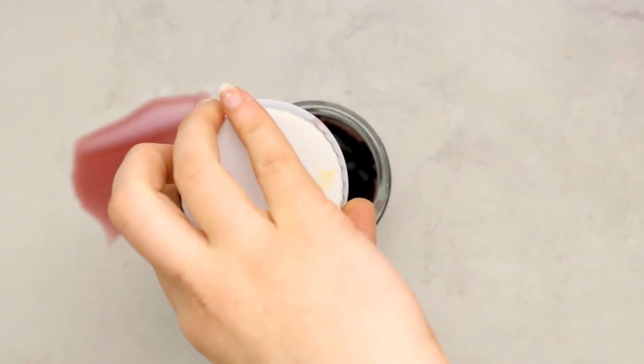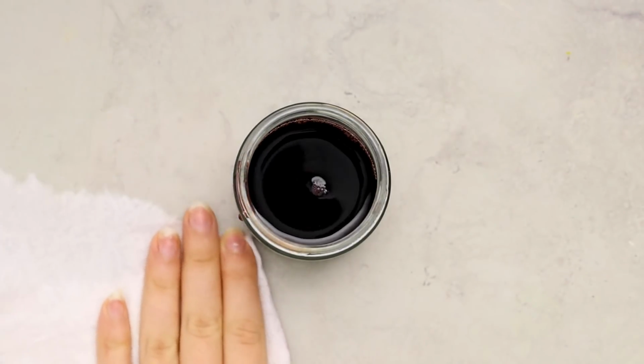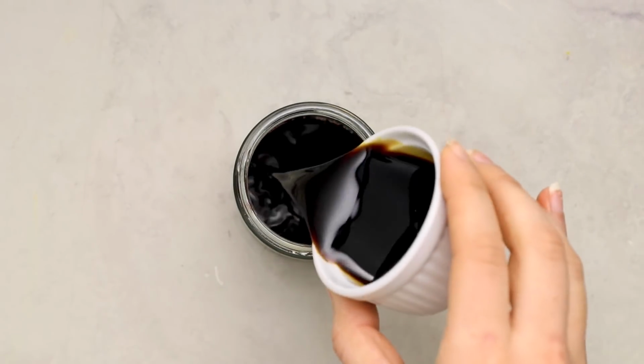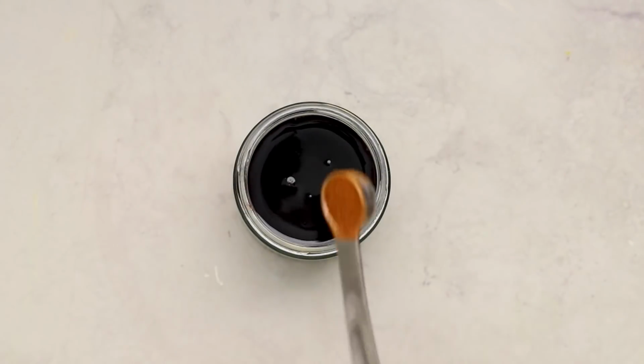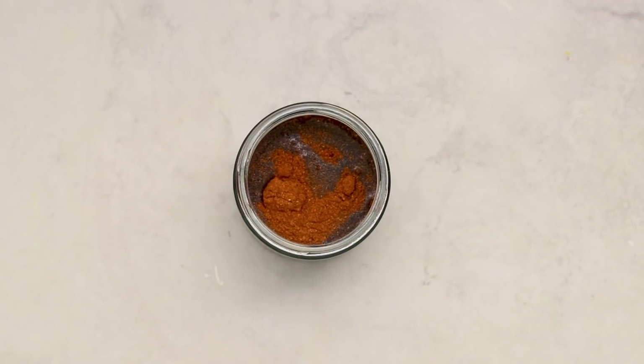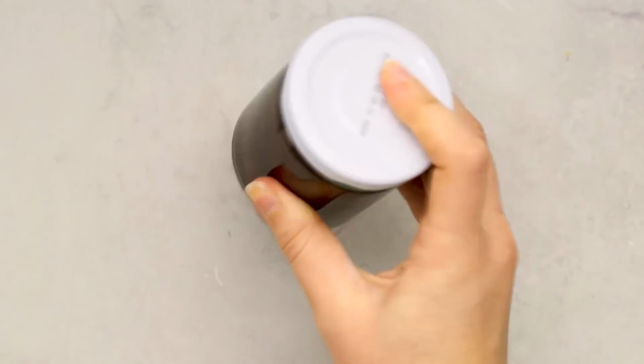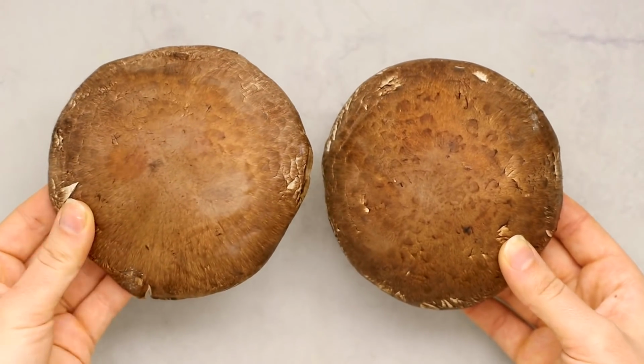Excuse my mess. I clearly do not have very good aim, but we're going to start by putting some red wine and tamari in a small jar, along with some smoked paprika and vegan Worcestershire sauce, which adds a little bit more depth of flavor, but if you can't find it, you can leave it out. You're going to shake that up until it's emulsified, and then we're taking some portobello mushroom caps, just remove the stems,